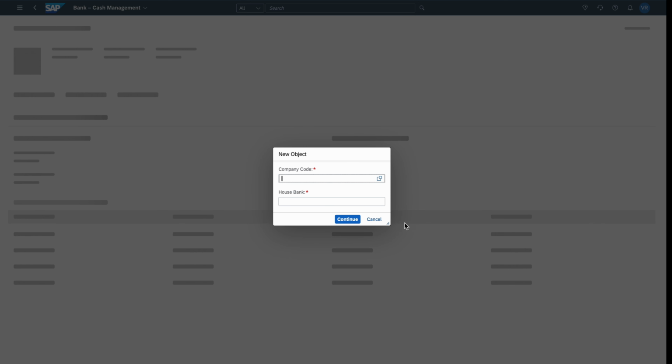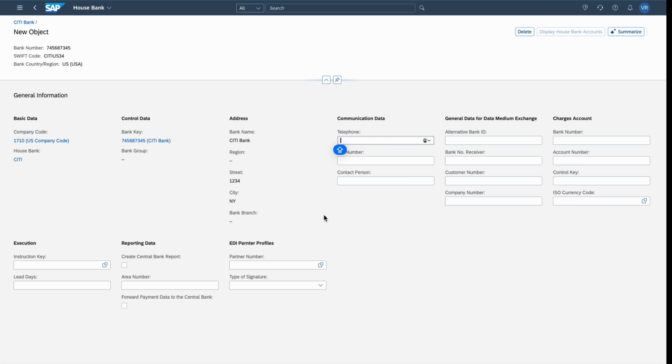Click on create. Now you need to give the company code. Let's select 1710 and the house bank. The house bank is 5 characters that we need to provide. That's the limit, a max of 5 characters. So for city, we will provide the city. Let's click on continue. Okay. Now this is done. Now click on apply